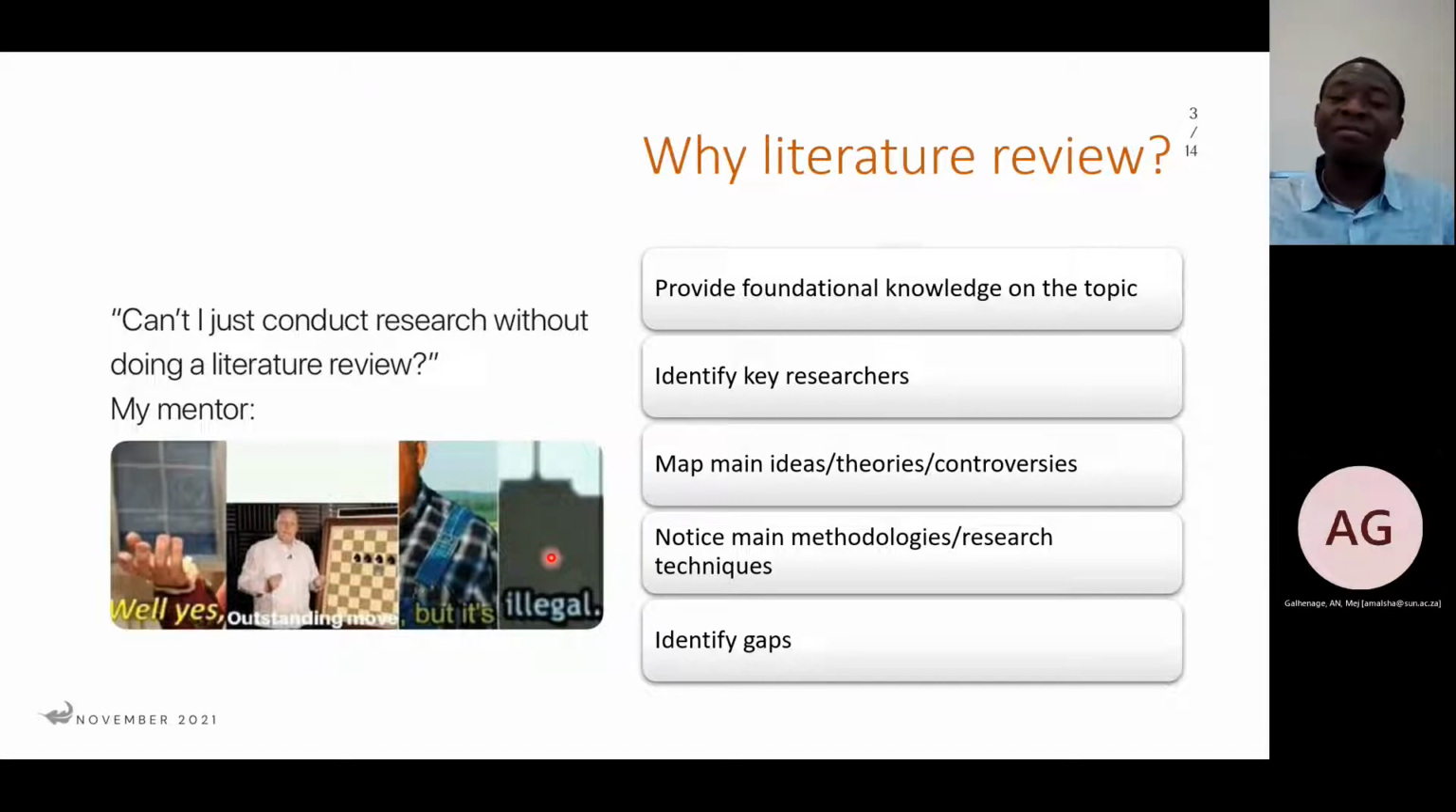Also, you might want to identify key researchers in the field. Who are the important people that you would want to learn from in your own journey? Conducting a literature review would give you this pointer. The other one is you would want to understand what are the main ideas, theories, and controversies that already exist, so that you can join in the